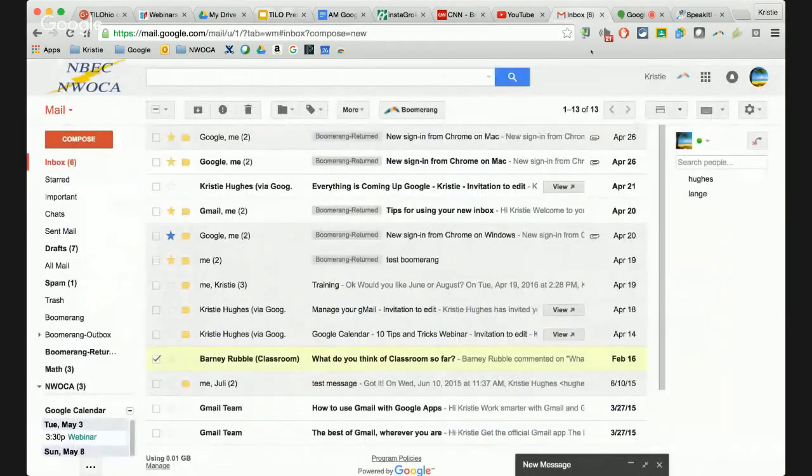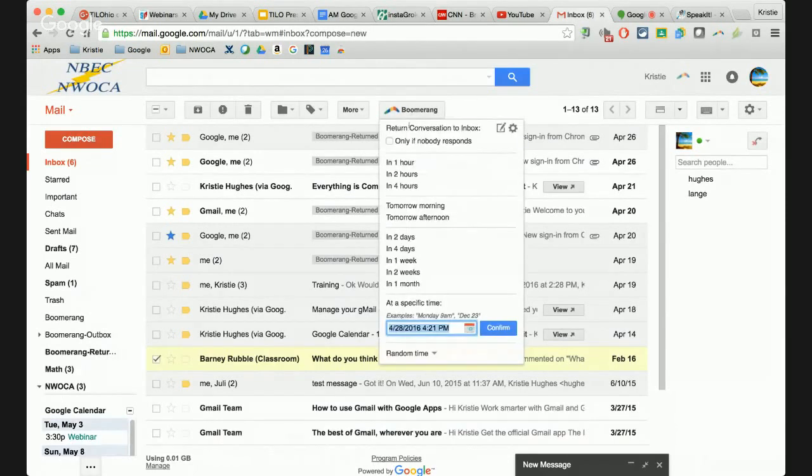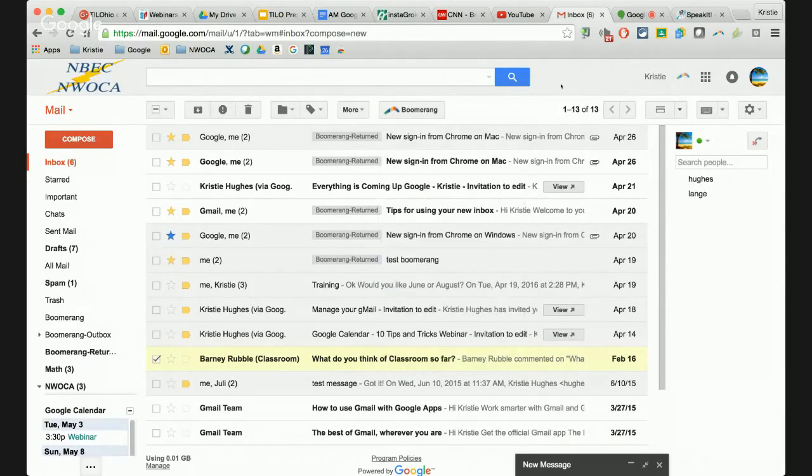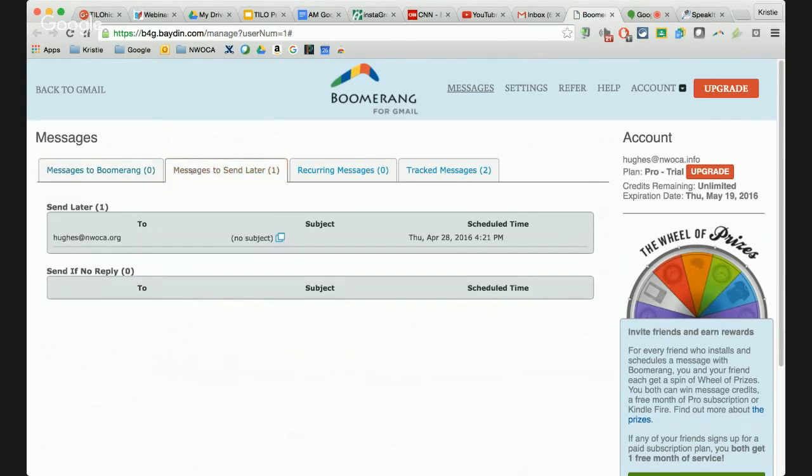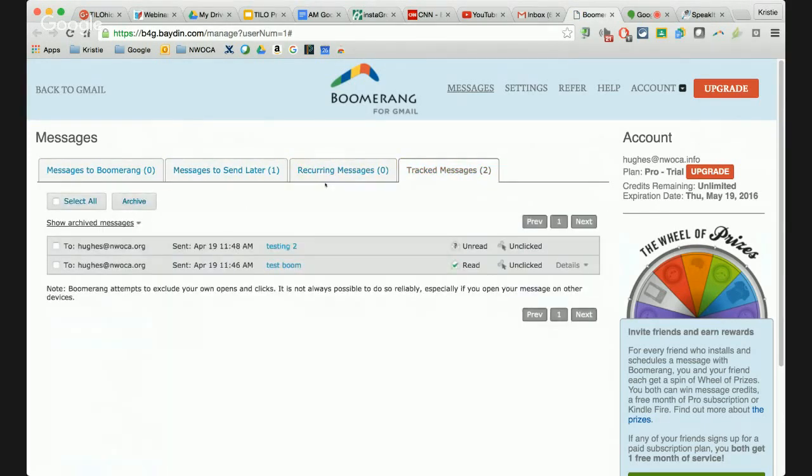I'm going to go ahead and click back on Gmail here. Before, when I clicked on this box for this message, you saw this Boomerang pop up, which allowed me to compose and tell it exactly what I wanted to do. But once I do all of that, I now have a Boomerang icon over here next to my name in Gmail. And this is where I can really manage anything that I told Boomerang to do already. So I can manage scheduled messages. Now this is my training account, so I probably don't have too much in here. But here are all my messages, messages to send later, reoccurring messages, tracked messages, and so forth. So it will keep track of everything that you told it to do.